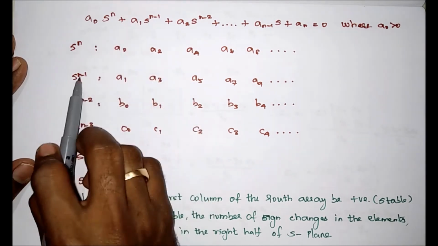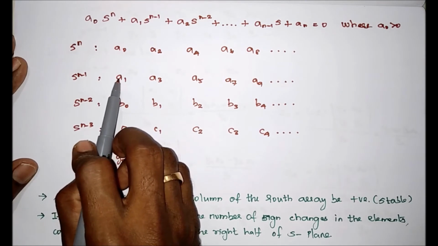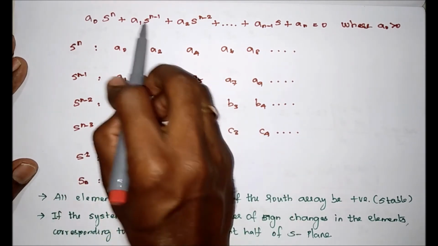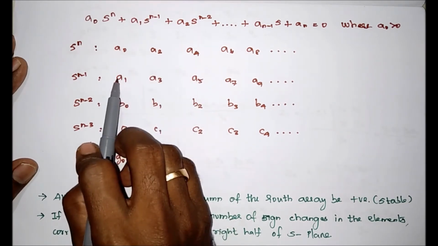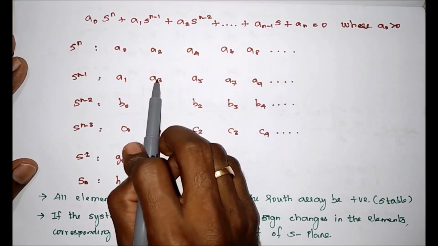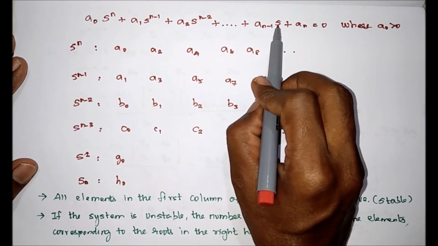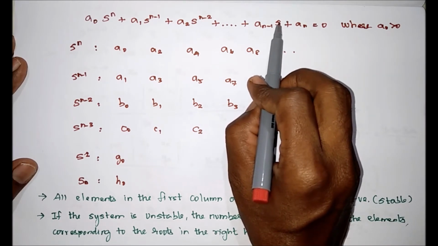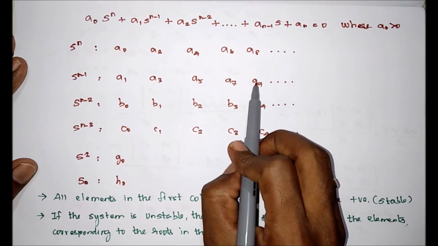Therefore we have to select that next s power. Then we have to take the even powers of s, and write their coefficients. So this is even, this is odd. Its coefficient is a1. The next odd one may be here, and its coefficient is a3. Finally, the s term is also odd because its power is 1, so we can take its coefficient a power n minus 1, that is a9.